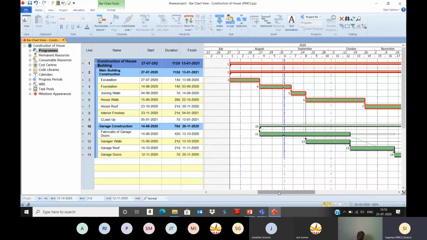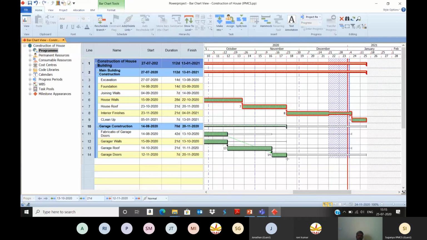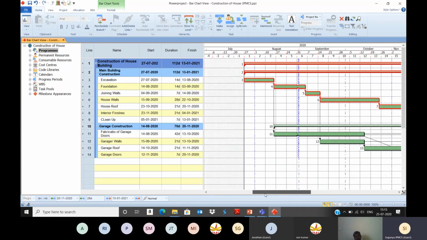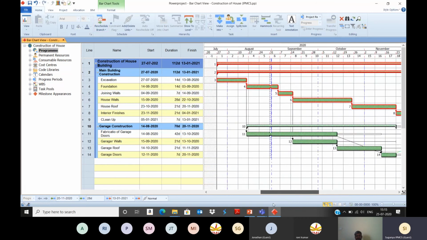So now you can see here, the schedule has been created. Also finish to finish. So that relationship exists, and the closed network has been framed. So once the schedule has been built, then what is the next step?